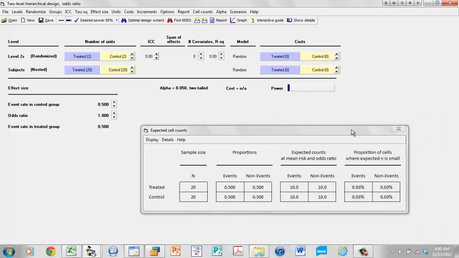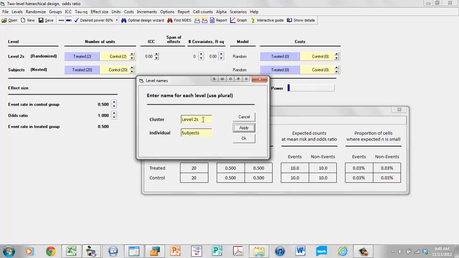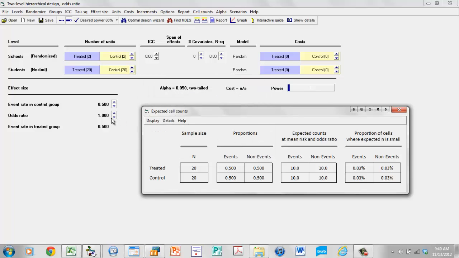Okay, what I'd like to do over here is to briefly review the issue about low cell counts. Let's say that we're dealing over here with schools and students. And we've said that overall the event rate is 0.5. Let's deal with the control group: there are 20 students within each school. If there are 20 students and the event rate is 0.5, the expected number of events in each cell is